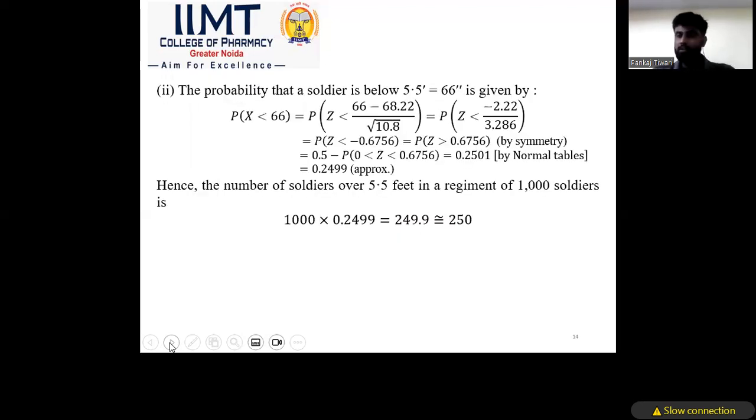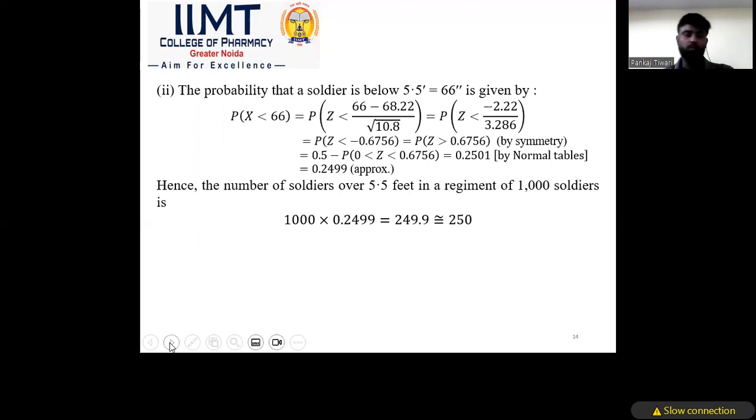Second, the probability that a soldier is below 5.5 feet, which is 66 inches, is given by P of x less than 66. That is P of z less than (66 minus 68.22) upon square root of 10.8, equal to P of z less than minus 2.22 upon 3.286, equal to P of z less than minus 0.6756, which is P of z greater than 0.6756 by symmetry, equal to 0.5 minus P of 0 less than z less than 0.6756,